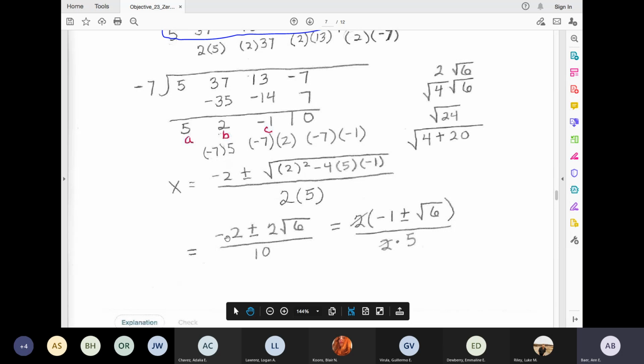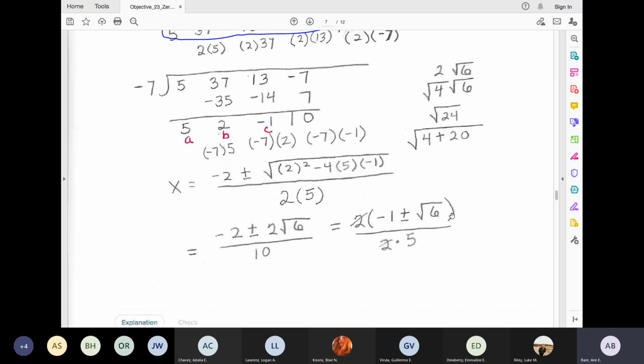Let's factor out a 2. We have a 2 in this term and in this term. Subtraction is just adding a negative, so you can really consider that a term too. So let's factor that 2 out. We're left with negative, but that's really -1, plus or minus, we took this 2 all the way out front, square root of